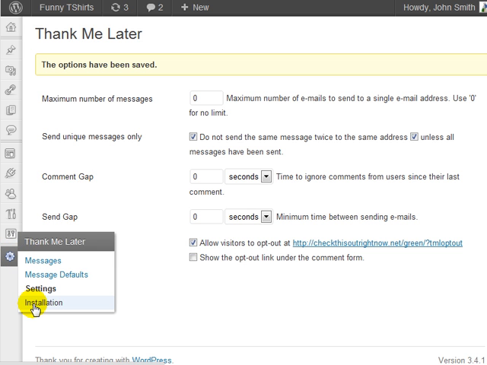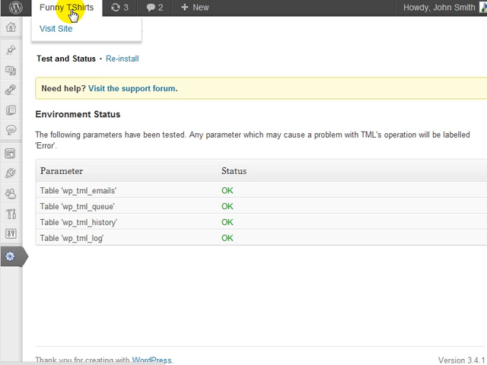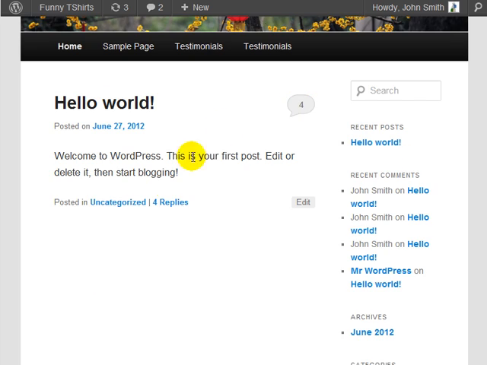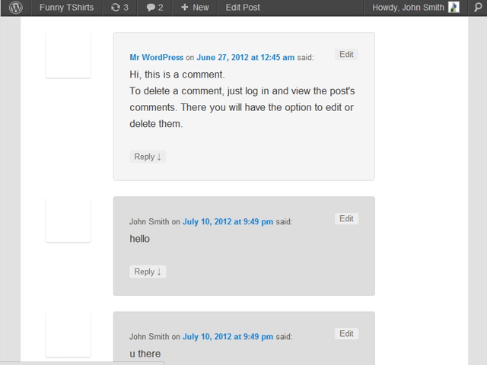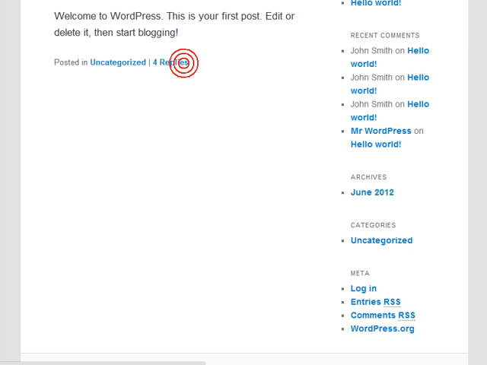And then the last thing is if you click on Installation under the plugin settings, at this point it tests the plugin and it shows you whether or not it is successful. If it says OK, OK, OK, and OK, all green OKs, then you're good to go. Now what we can do is we can go ahead and test this plugin. So you'll need to go to the live site and you need to go ahead and log out as an administrator. So go to the live site after you have logged out, and we're going to go ahead and make